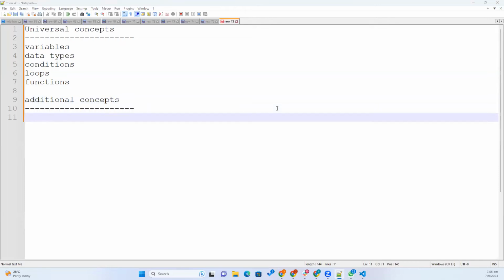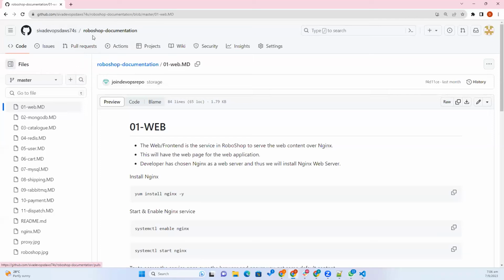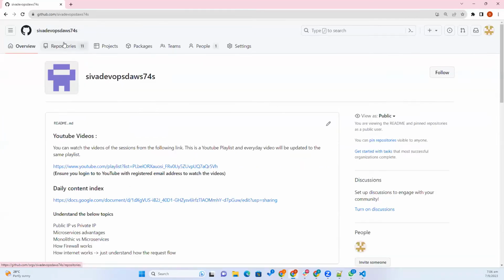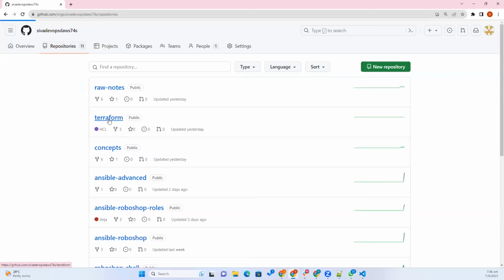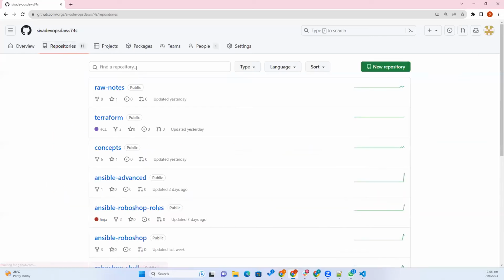So yesterday we set up Terraform. We downloaded terraform.exe, we set the path, and we are using Visual Studio Code as an IDE. We configured AWS credentials using AWS configure, and Terraform started connecting with the AWS account and creating resources. So we updated the document here. This is very important to understand the advantages of Terraform. Okay, so in the concepts repository,